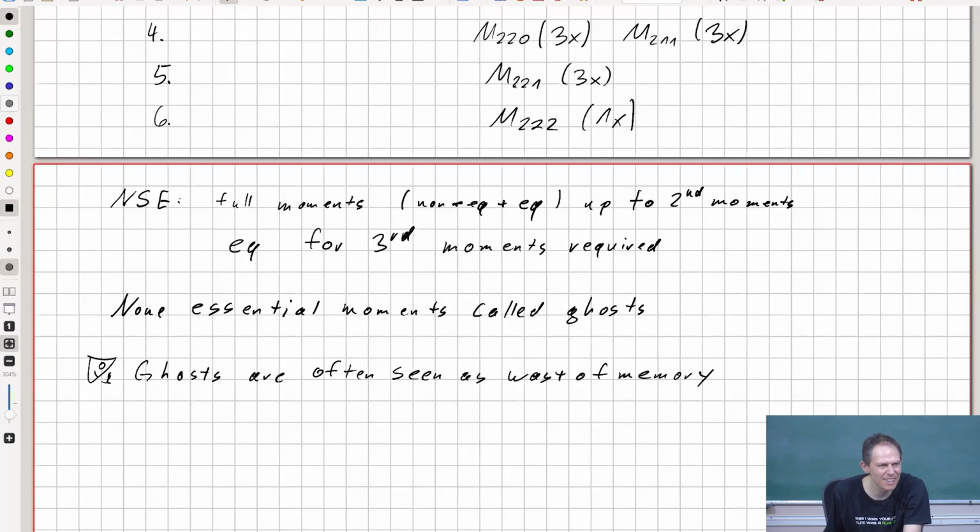So then you may want to get rid of this organ, potentially. So they are a waste of memory and they are a danger to stability. At least this is how they are often seen. So therefore there are attempts to get rid of them